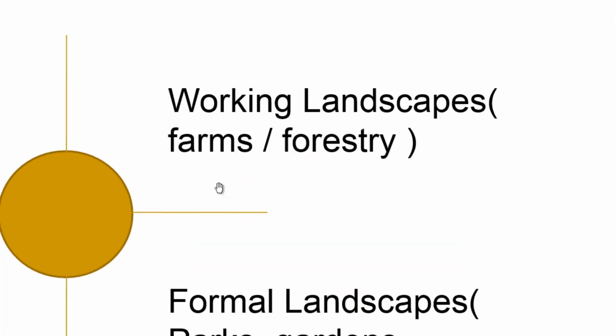Third one is the working landscapes. Even in urban areas, we may find some amount of farms; urban farms are also located, and urban forestry is also located in the areas. For example, in Chennai we do have Vandalur Park. It has covered a huge number of trees and forestry. Even near the Guindy Children's Park also, there is a lot of area covered under trees under IIT.